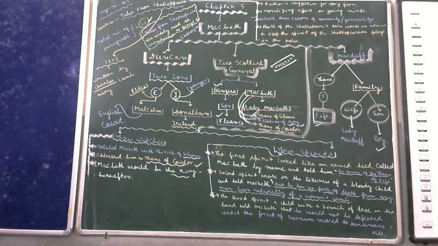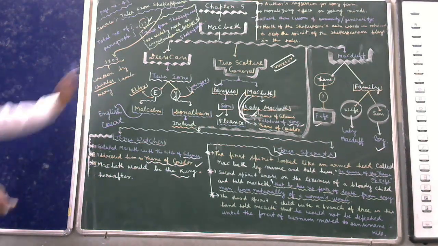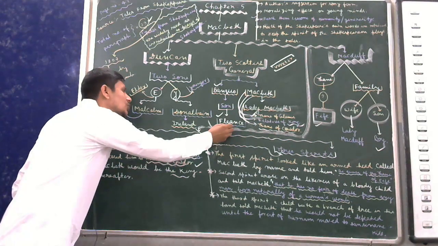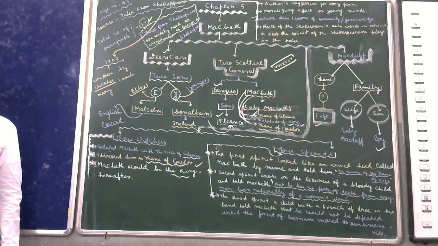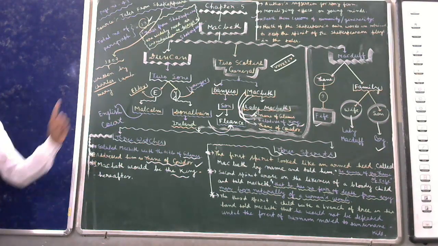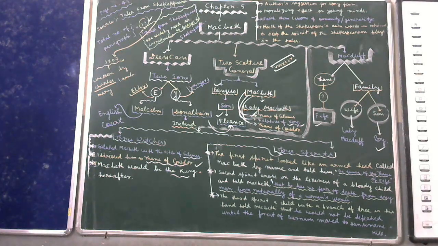You know, the witches had also predicted that Banquo will never reign, but he will become the father of kings. Macbeth could not forget the prediction that Banquo will never reign, but he will become the father of the king. It means that after Macbeth, Fleance will become the king of Scotland. So Macbeth decided to kill Banquo and Fleance